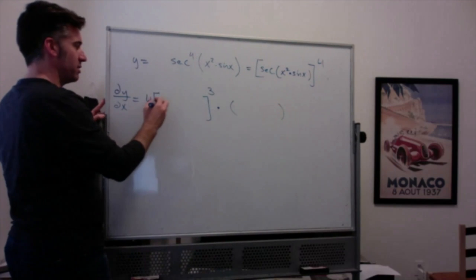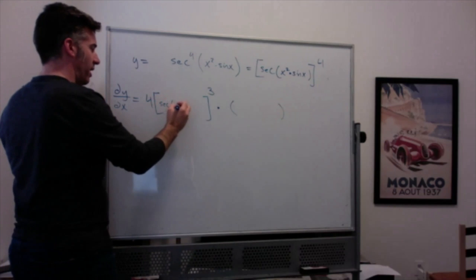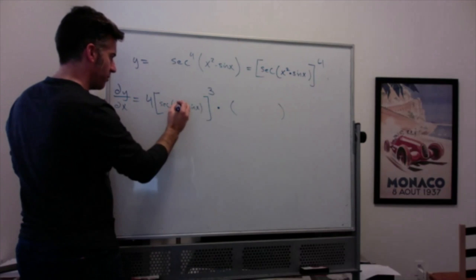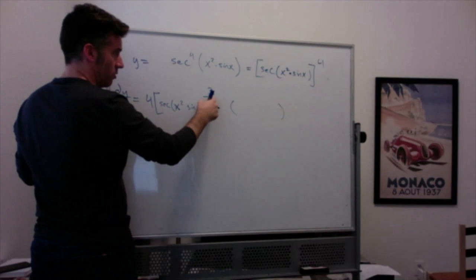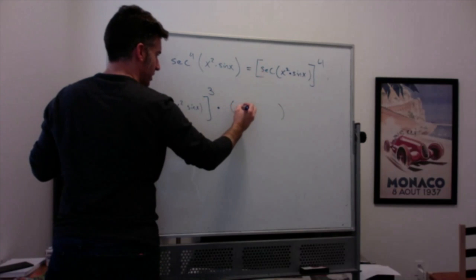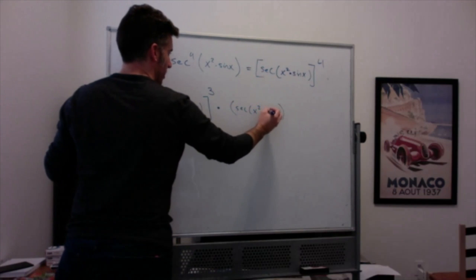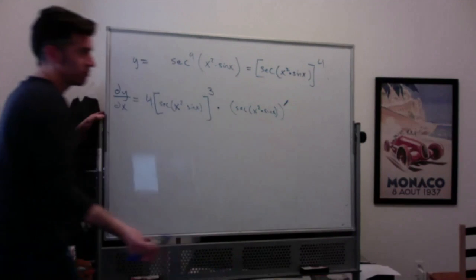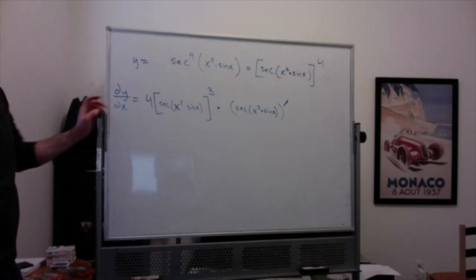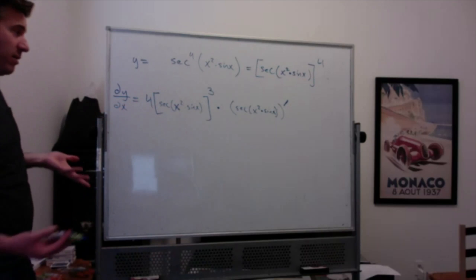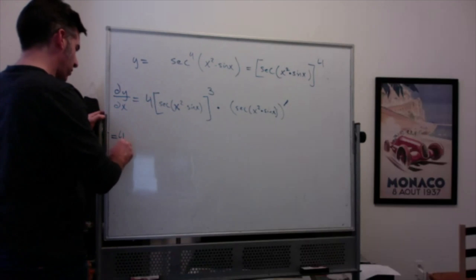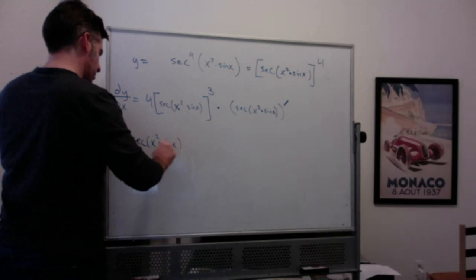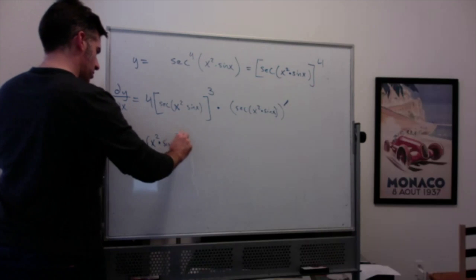So we get 4 times secant of x squared times sine of x, to the 3rd, all times the derivative of secant of x squared times sine of x. All right, and I definitely wrote it in a way that I'm going to have to do more work. So this is going to be 4 times secant of x squared times sine of x, all to the 3rd,